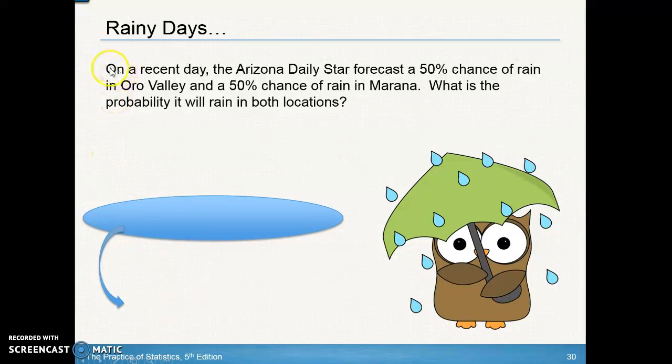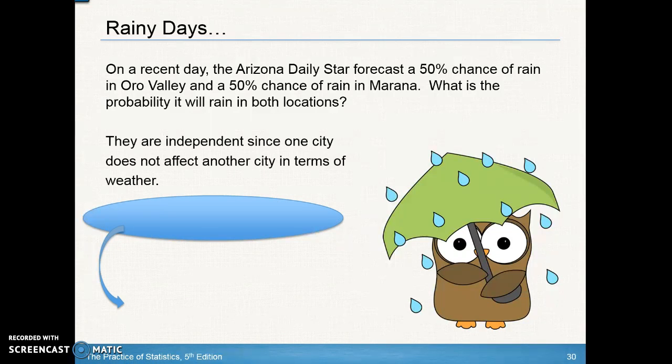All right, so let's take a look at another question. On a recent day, the Arizona Star forecast a 50% chance of rain in Oro Valley and a 50% chance of rain in Marana. What is the probability it will rain in both cases? Hopefully you recognize that the two cities are independent of each other, since the weather in one city doesn't change or affect the weather in another city. Therefore, since they're independent, we can use the multiplication rule and just multiply the two probabilities together